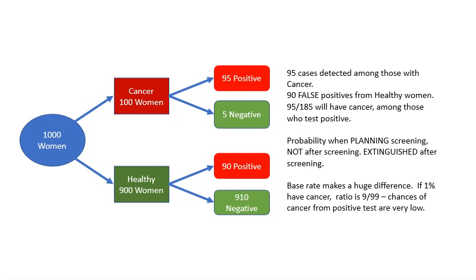If you change the base rate from 10% to 1%, then only 10 women have cancer in the population and 990 do not. So there will be about 99 positives from the healthy women and 10 positives from the women with cancer. So the probability of cancer, if you have a positive test, will only be 10 out of 99, or only around 10%. So there is a huge